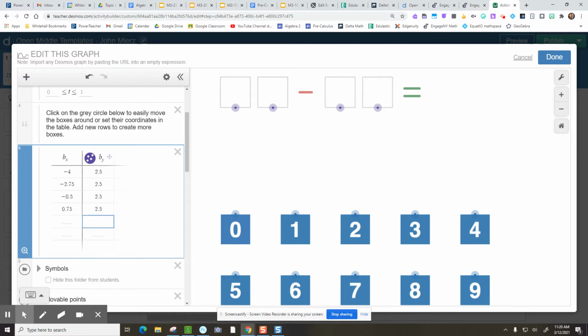I now have 4 boxes, but I want box number 4 to be on the right-hand side of the equal sign, so I need to move it further to the right. Moving it to the right, there's a little bit of guess and check involved here, okay? If I change that to 1.75, it moves it a little bit. 2.75, that's pretty close. I'm going to make it a value of 2, and then I'm going to move my